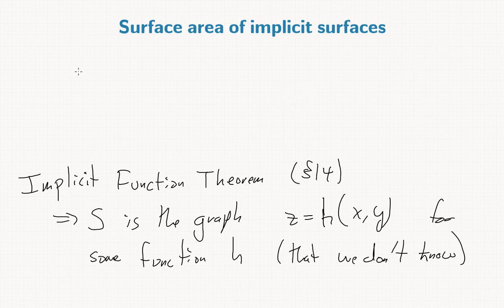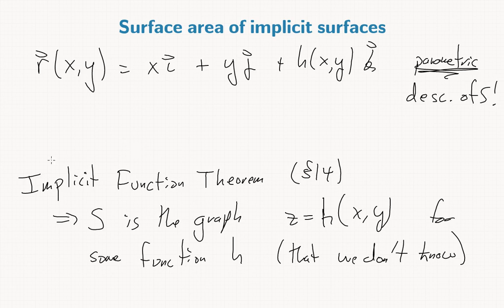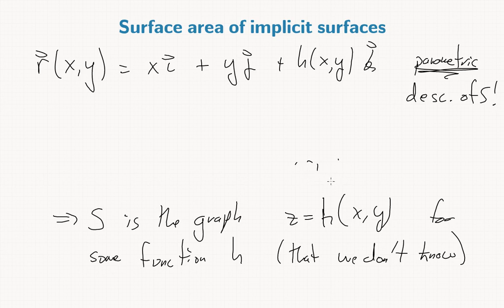So under this condition, we take R of x,y equals x i plus y j plus h of x,y k. So this will give a parametric description of S. So we can find the surface area by integrating. So if we take Rx cross Ry,